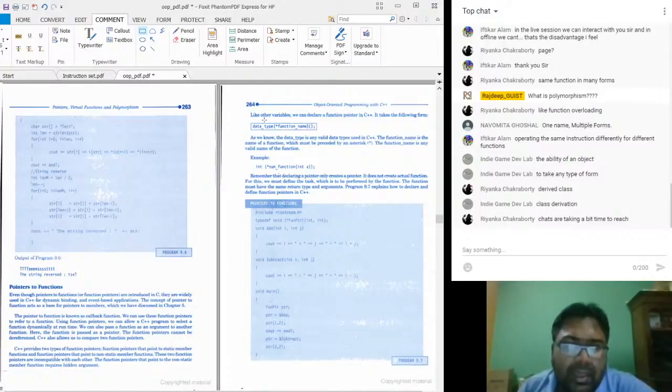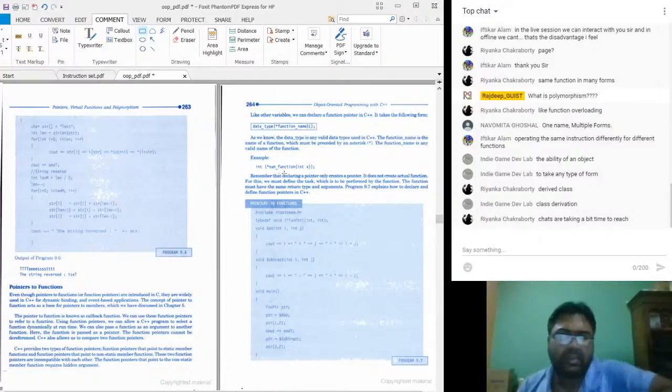Like other variables, we can declare a function pointer in C++. It takes the following form. The data type is any valid data type used in C++. The function name is the name of the function, which must be preceded by an asterisk. The function name is any valid name of a function. This is the example they have given.